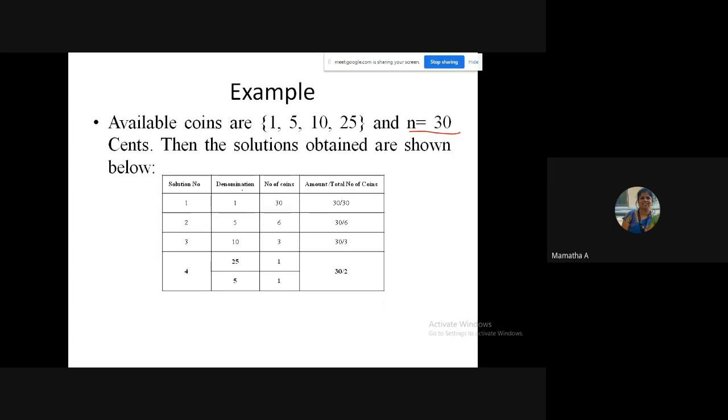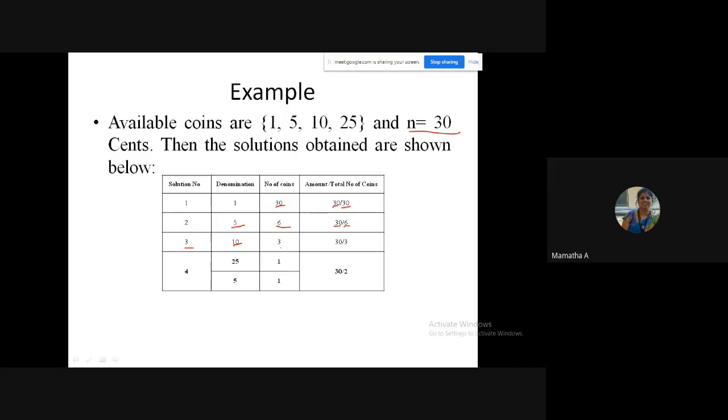Solution number 1, you can observe denomination, number of coins, amount, and total number of coins, right? 30 times 1 is 30, and then 30 coins, right?